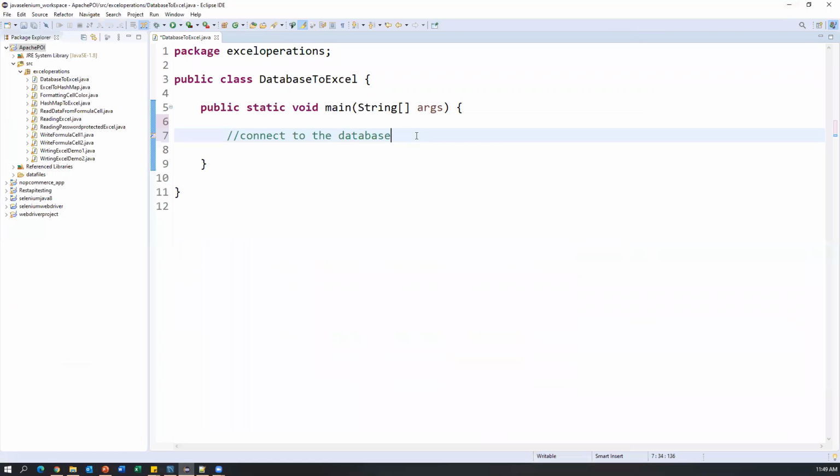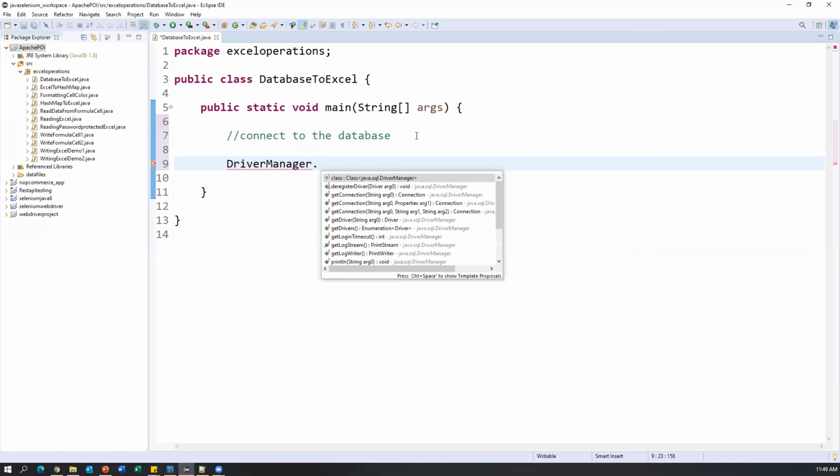Now, first we need to establish the connection to the database. To establish the connection to the database, we have a method called DriverManager. These classes come from the JDBC driver. DriverManager is a class. Inside this, we have a method called